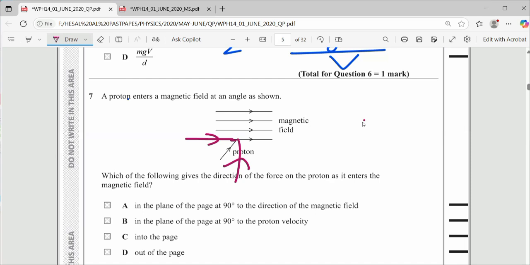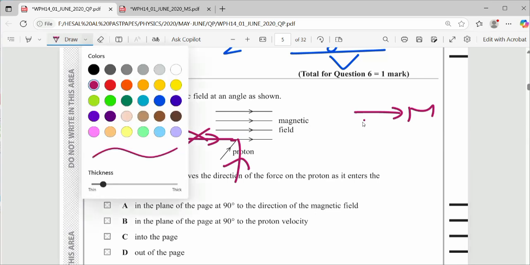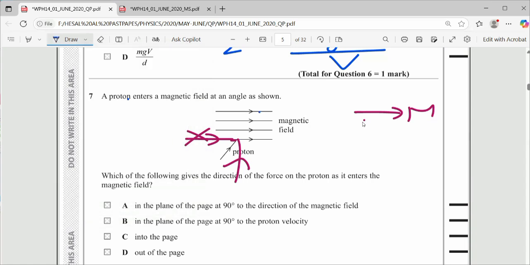No. We know the magnetic field and this motion must be in perpendicular position, so we can neglect this. We have only this. This is upwards. This is the magnetic field. We can use the right hand rule for this, for the positive charge, because the proton is positive. If it is an electron or something negative, we can use the right hand rule and the answer should be reversed.